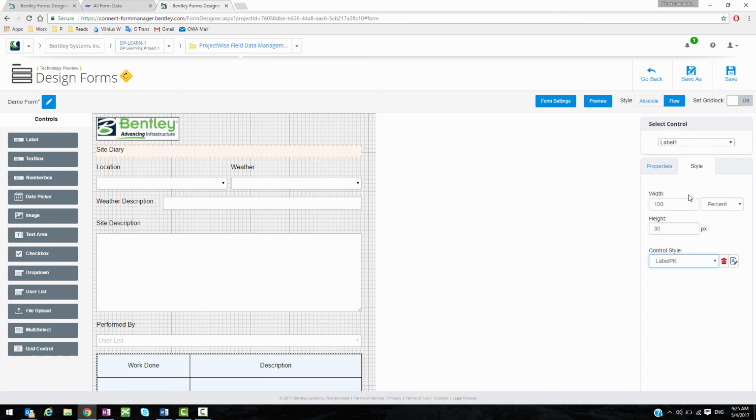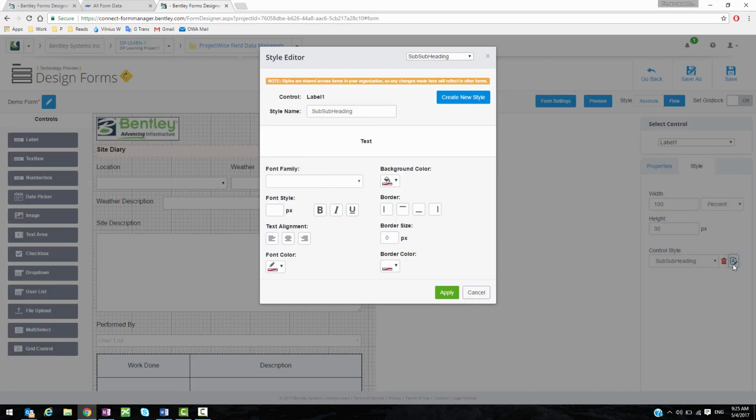So for instance, I can select this label, maybe there's nothing. So if I change the subheading style, you see it just made my text bold. So what I can do, I can go and create my new style, which is going to be called demo style, and I can choose the font here. So for instance this, I can make my text a little bit bigger, or even bigger, 28,